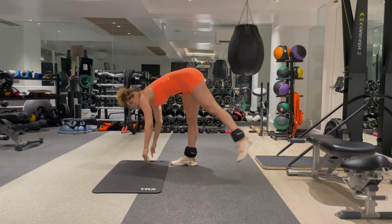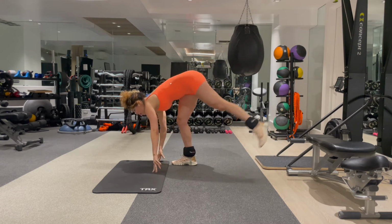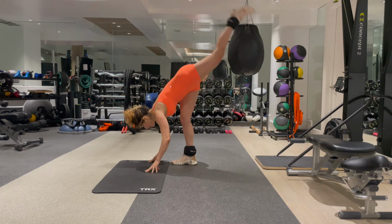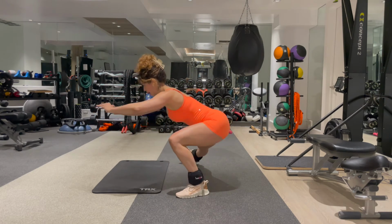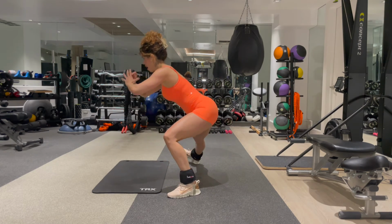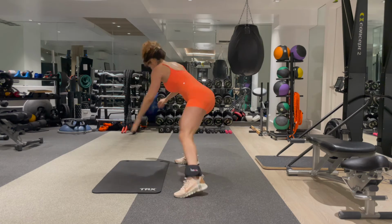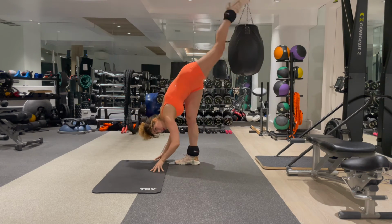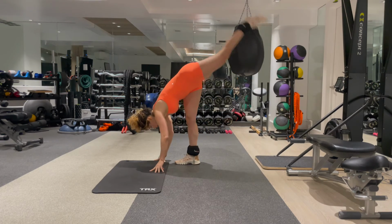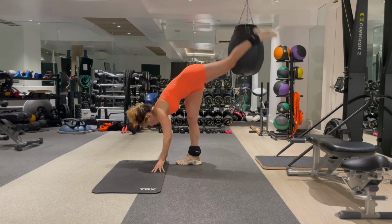3, drive through that entire foot. 4. 5, lift, come out to the side, get low, chest is up, push off, and sweep it back. 6, chest up, get low, drive off that left foot. 7, push off and back. 8, sweep it back. 2 more. 9, sweep it back. 1 more. 10,